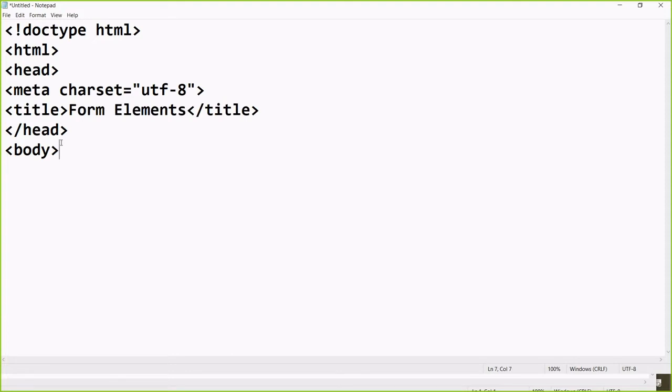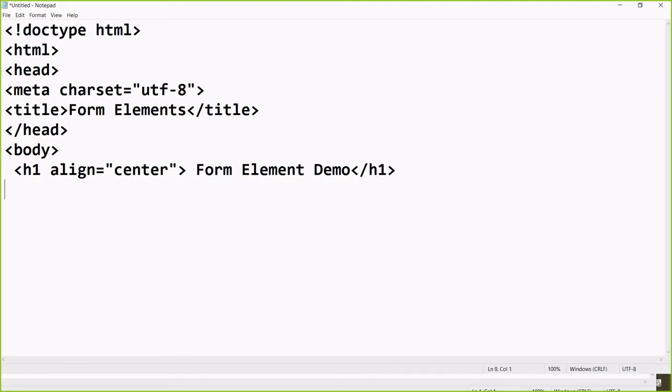Now after the body only, we can give the center part. So h1, I can use align double quote center, close this one, writing here form element demo. Okay, then close the h1.